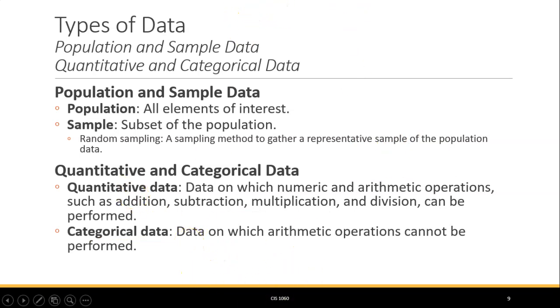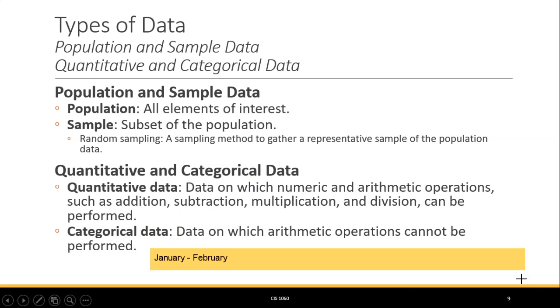Another thing that we can't do, though, is, for example, take January and subtract out February. What does this actually mean? We really don't know. Now, a lot of times people will say, well, that's a difference of 1 month. So is this about time? Okay. What about another example? Can we subtract out boys minus girls? Or can we subtract apples